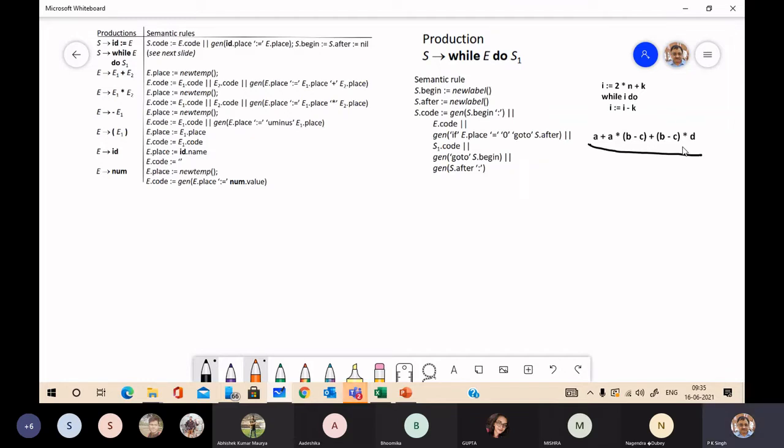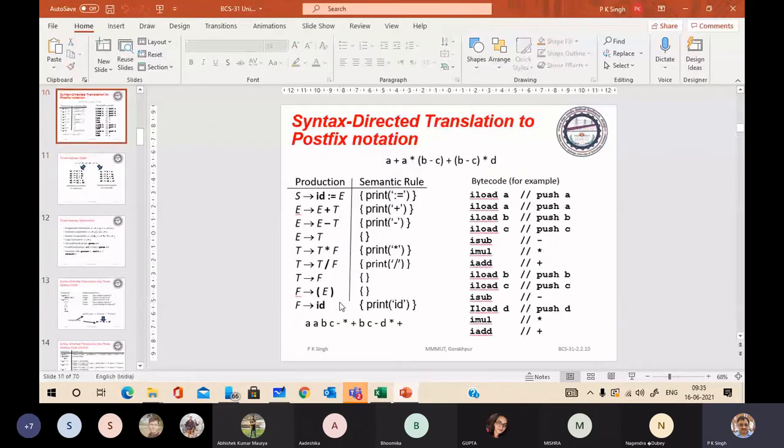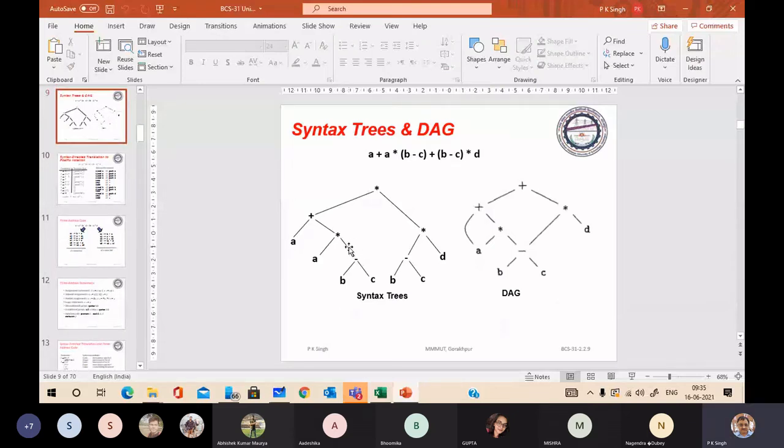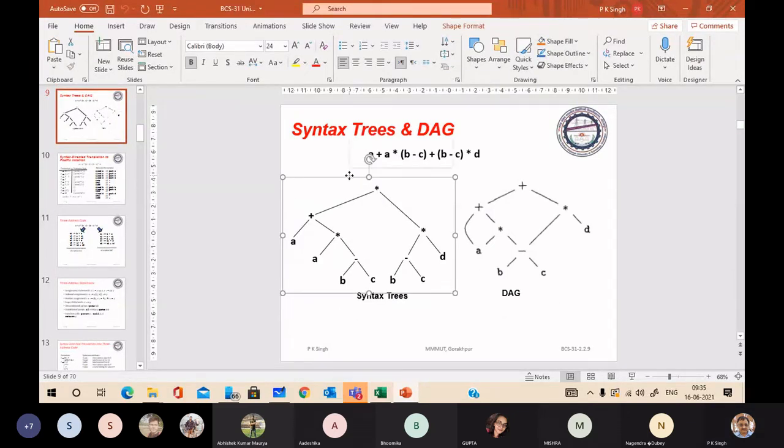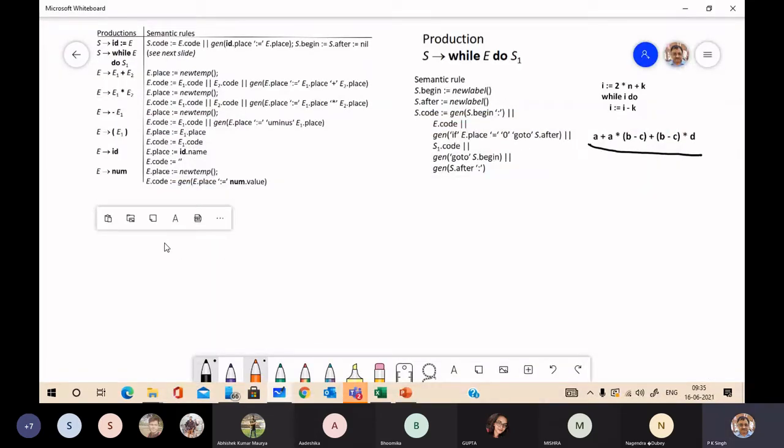So how it will allocate... for this expression, you are aware that we may generate this tree. We can generate this tree using this grammar.